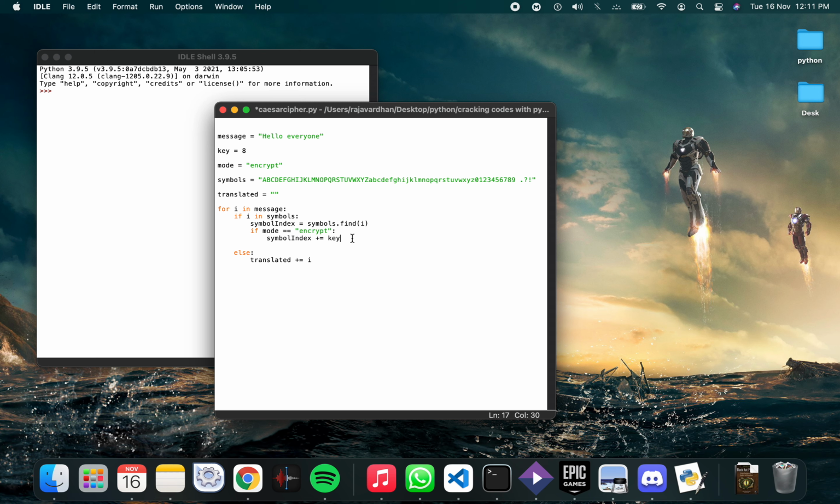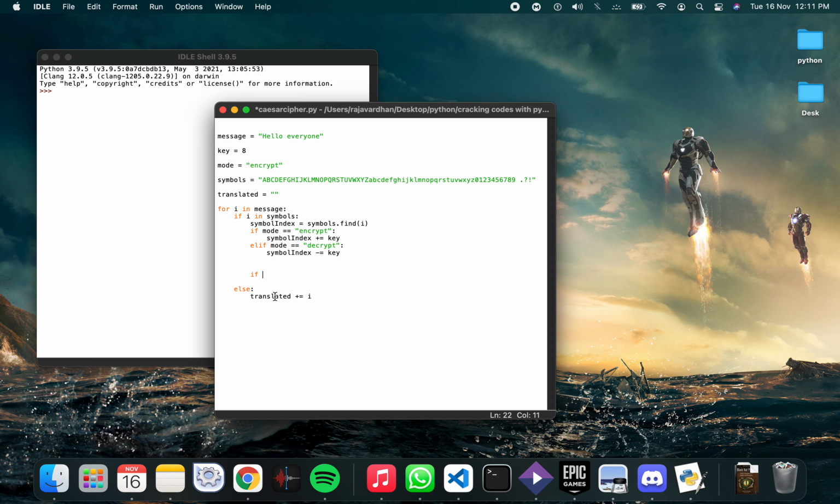If it is decrypt, I will simply reduce the value. Now I'm changing the index values perfectly, but the case that I have explained before, what if it is out of the index, if the value is less than 0 or greater than the length? Then I have to do wraparound.